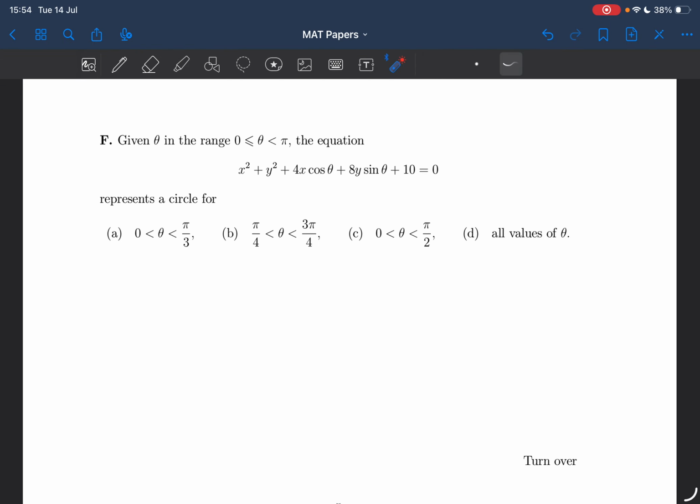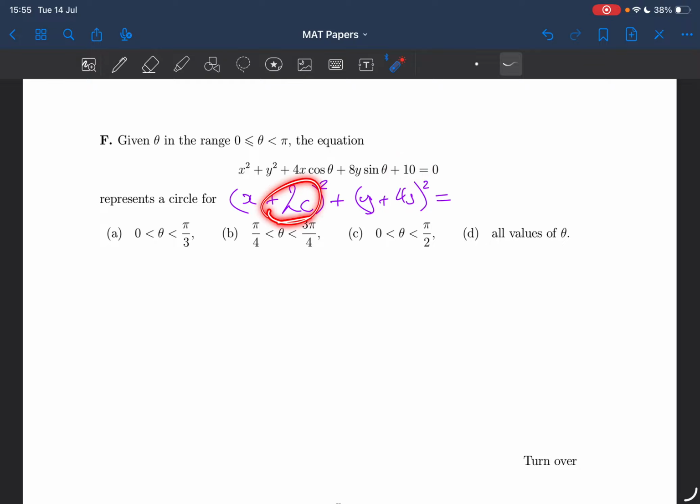What's going on down here? So we've got some circle. Okay, we're going to find out what values of theta is this circle valid. So let's complete the square. We'll complete the squares, I suppose. We'll have x plus 2 cos, all squared, plus y plus 4 sine, all squared. And if we take that equal to everything else, so the 10 will go over and be negative,